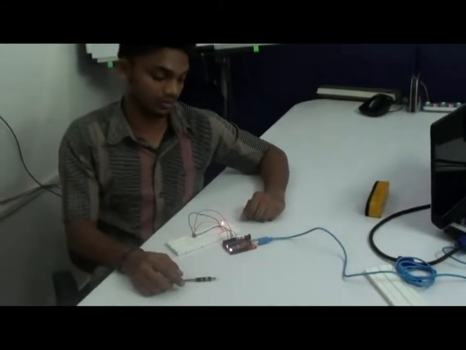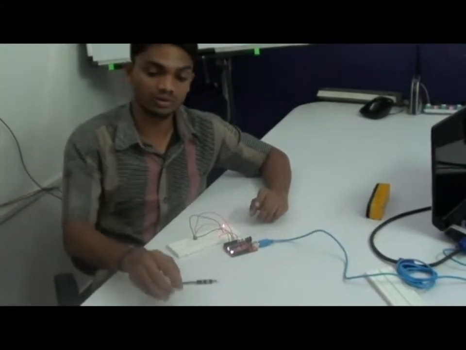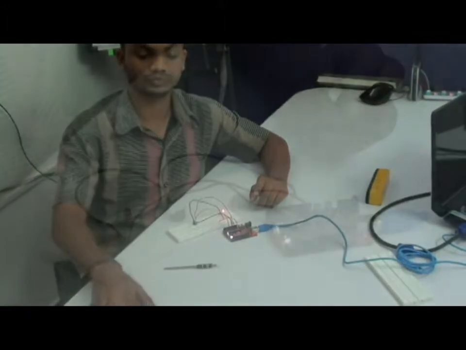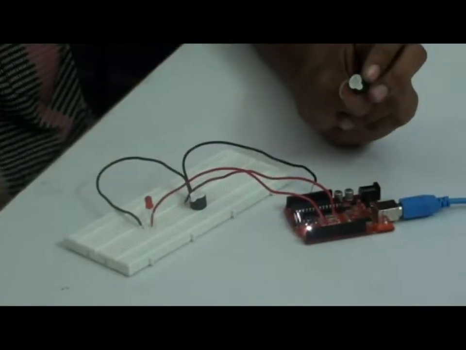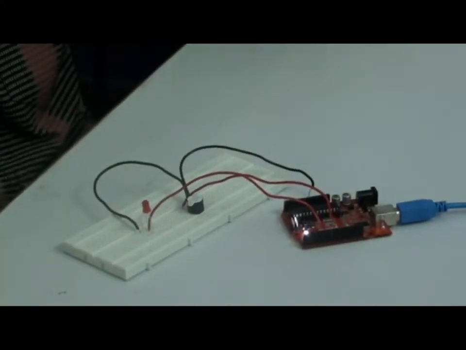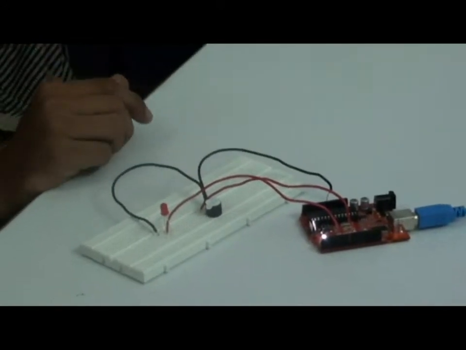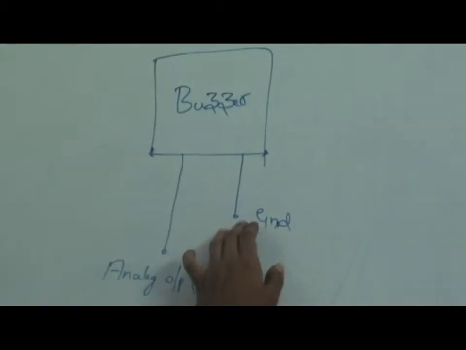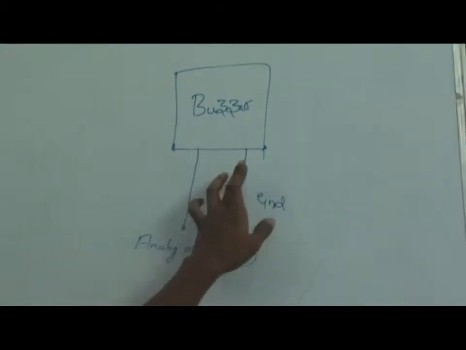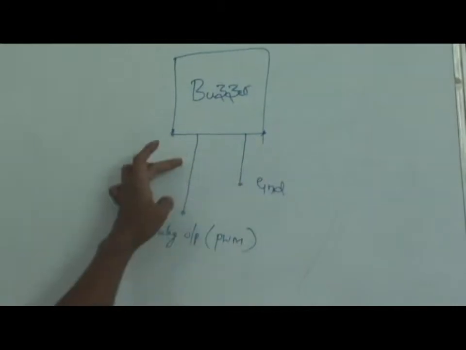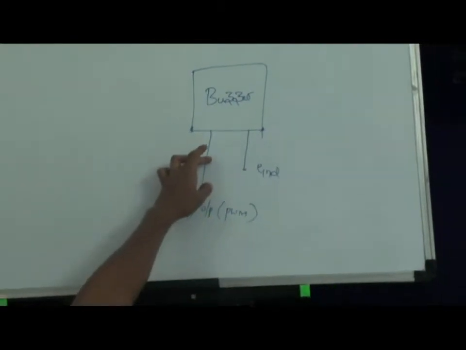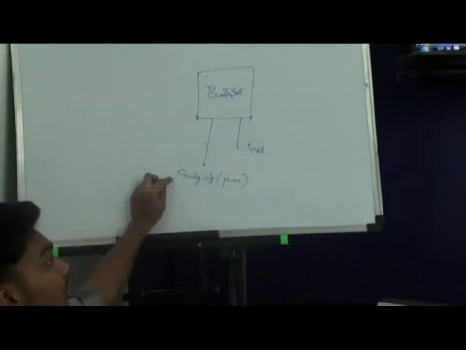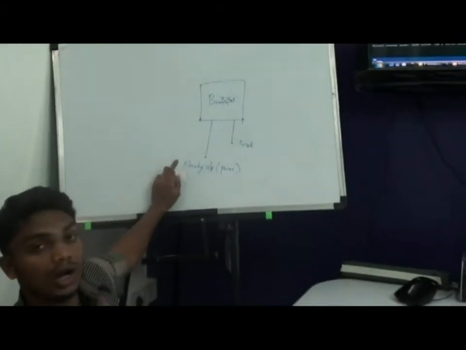Let's move on to the next demo, buzzer. Yeah, this is a buzzer and this is how the connection goes. It has 2 legs. One leg goes to the ground pin. Here, in this case, it is the same as the LED. The shorter is the negative pin and the longer one is the positive. The shorter goes to the ground pin and the longer one goes to the analog output.